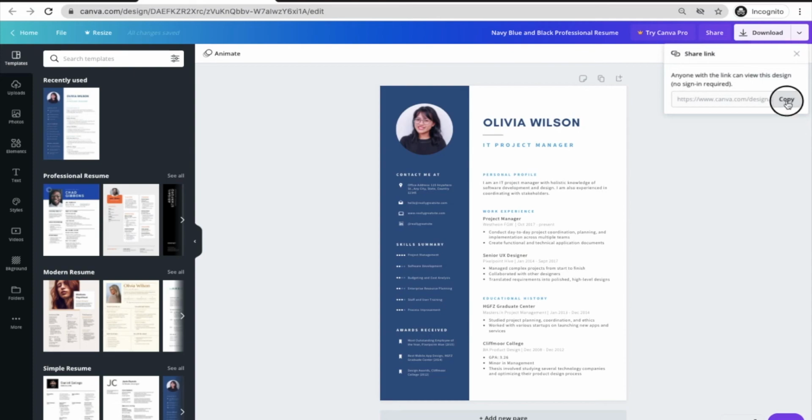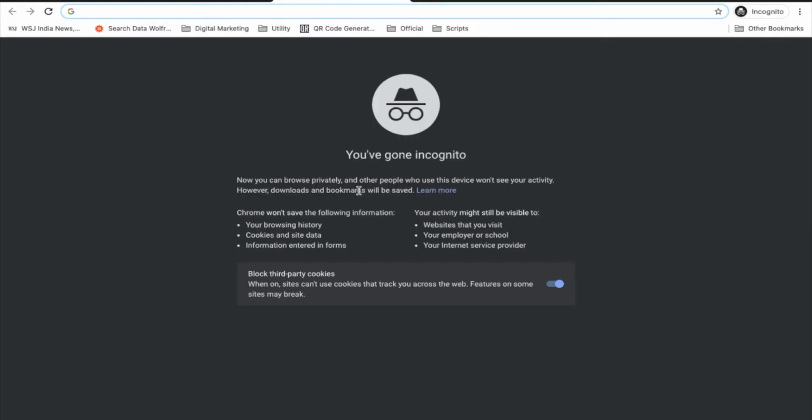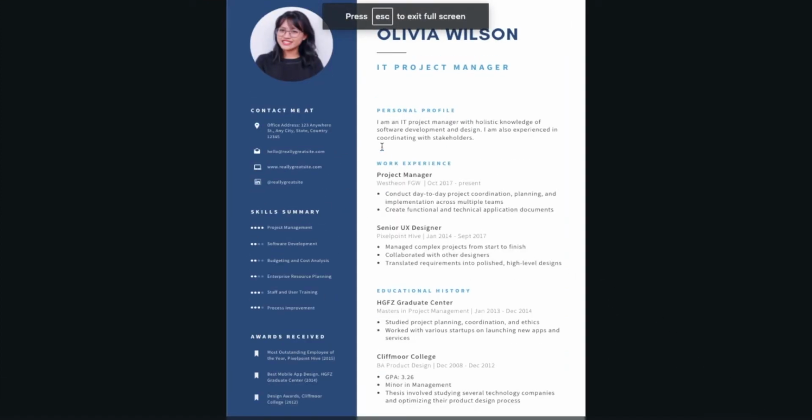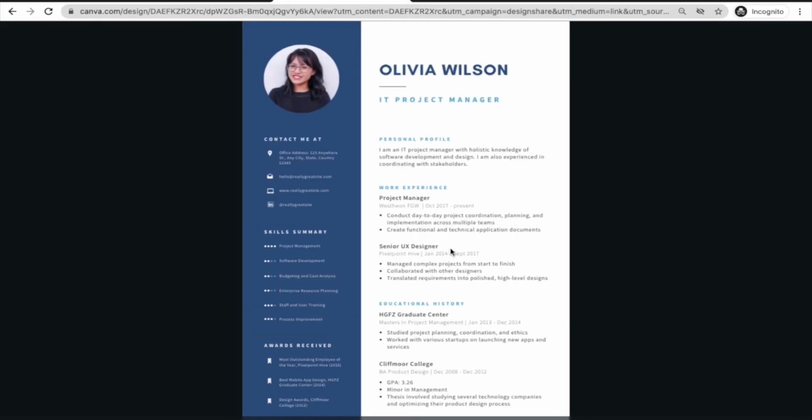From here you can copy this shareable link, and you can share it with anyone, with your prospective employer. So you can see this is a proper link, and it would be visible to anyone. However, it won't be a scrollable kind of web page you won't be able to create. That feature is a part of Canva Premium.